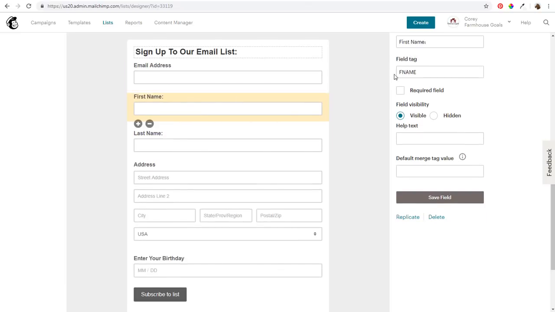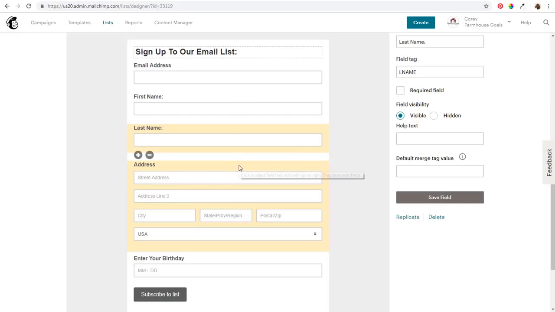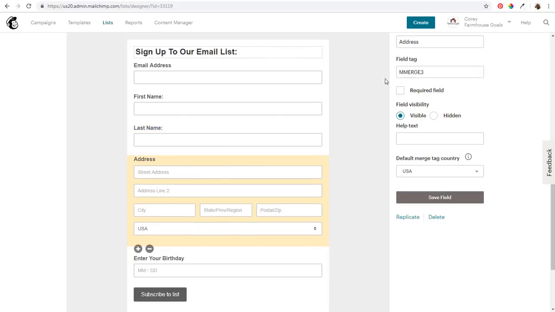So for first name, I generally do F name. This might automatically be showing for yours now. Last name will be L name. So let's say, for example, you do street address. It's going to say M merge 3. You could do something like S